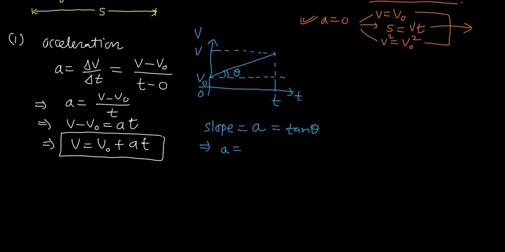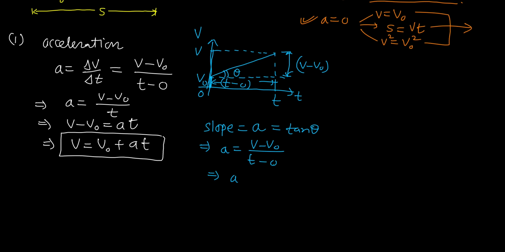So in this diagram, v naught is the initial velocity from here to here, and v is the final velocity, total from here to here. So if you want to write the length of this side of the triangle, it will be v minus v naught, and the horizontal base of this triangle will be t minus 0, from here to here. So in this triangle, tan theta will be perpendicular divided by base, so it will be v minus v naught divided by t minus 0, and from here you can write,